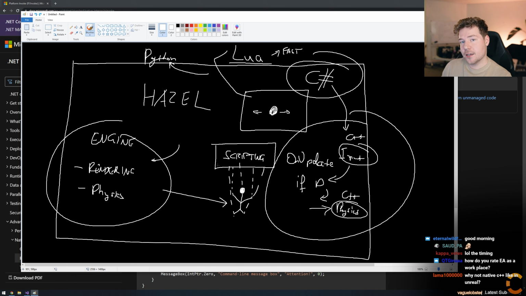Because first of all, as Peter pointed out in chat a bit earlier, there is a performance overhead to it. It's not the same as just calling a function in C#. So that could potentially be a problem, considering our primary use case is controlling the engine.